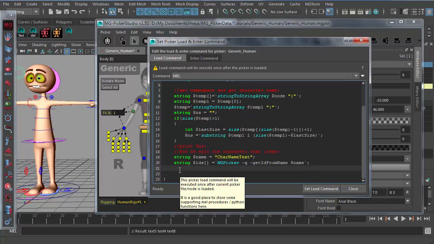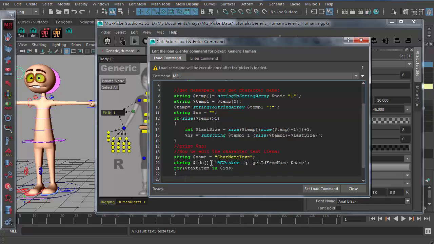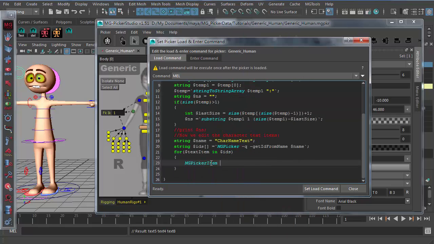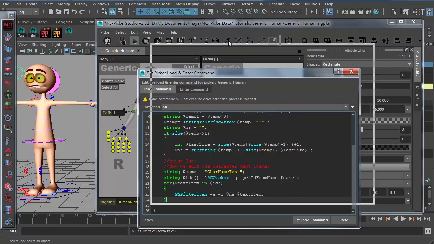So we just iterate through them. Text item in IDs. Okay. mgpicker item edit, which here I want to add its label, so we just use the L short flag, and for the value we should be using the namespace and the text item with assigned ID here. So with this being done, we can just edit the text for all these text items with this to show